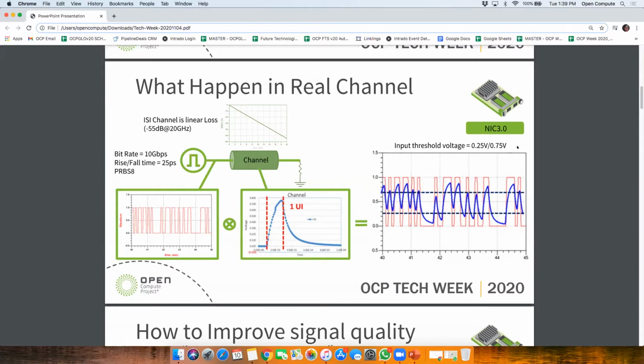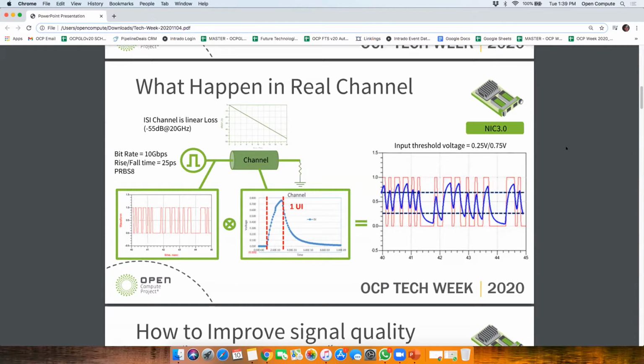After the channel, from the transmit to the receiving side, the red waveform is the original waveform,